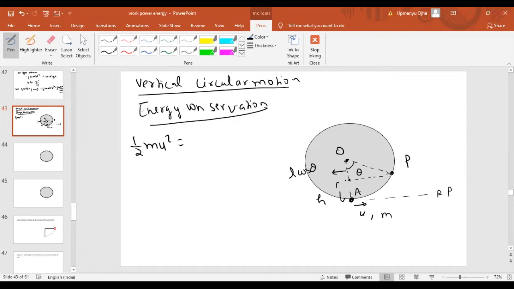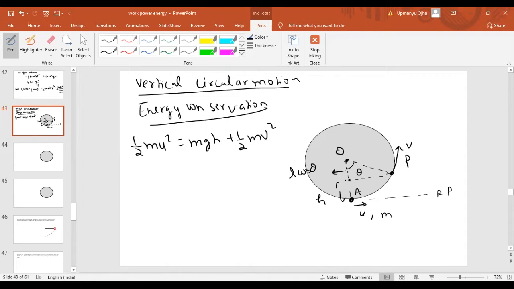The mass has been displaced to point B up to height h, which means it has gained some potential energy mgh, and at this particular point it has some velocity v. So can we write here half m v square? Understand? This was the mass m. We have given some initial velocity u, and due to this initial velocity u, this mass will try to move in a circular motion. Since this circular motion is under the action of gravity, we call it vertical circular motion. This u is the velocity we have given at point A. Let us suppose we have taken some point P. The velocity at that point becomes v.